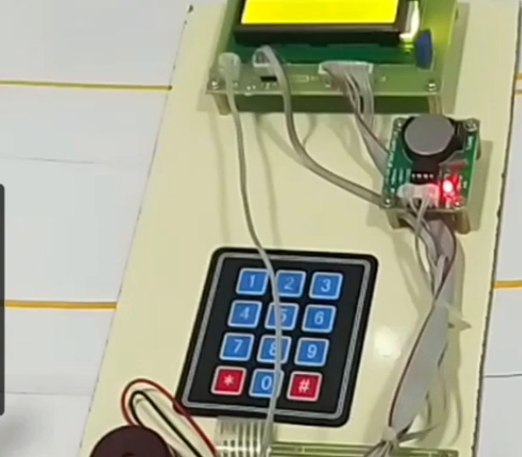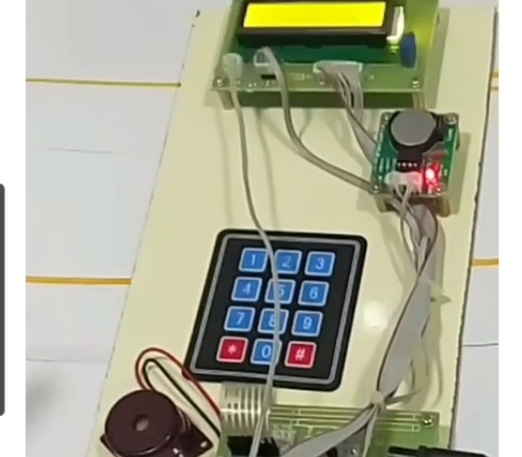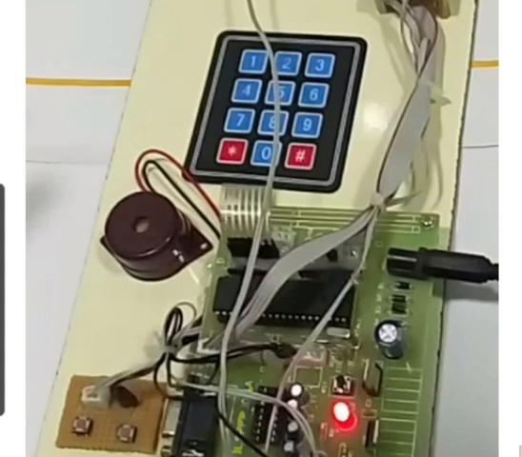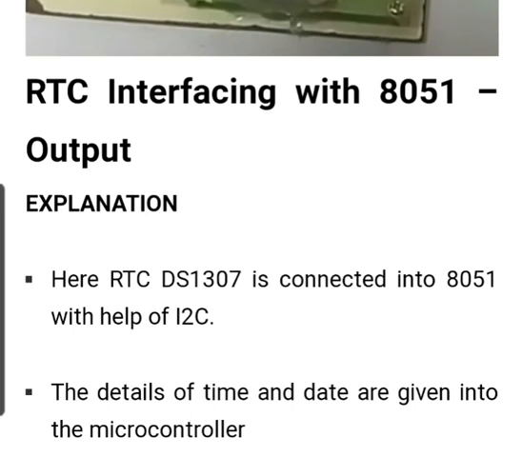This diagram shows the hardware setup. Here the RTC is connected to the 8051.